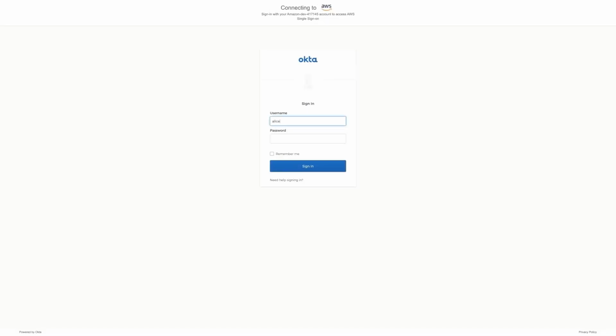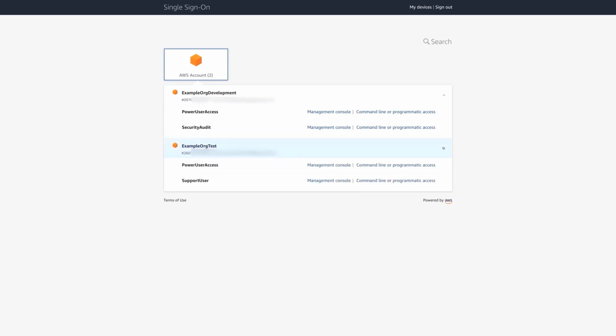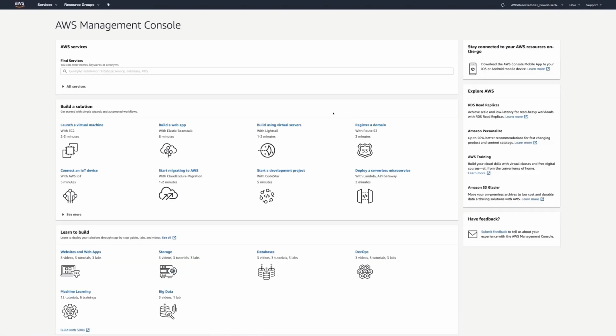I provide my credentials here, and after authentication, I am redirected back to the AWS SSO with the SAML response from my IDP. This SAML assertion carries only the information about user's identity. I already assigned some access to my AWS organization accounts to this user, so AWS SSO presents me with the AWS accounts and roles I can assume. I choose one of the options from the list, and AWS SSO generates the SAML response that contains the single role I am going to assume in this session, the session name together with the session duration defined in the permission set. It redirects me to AWS IAM SAML endpoint, and I get credentials for my session, and I can